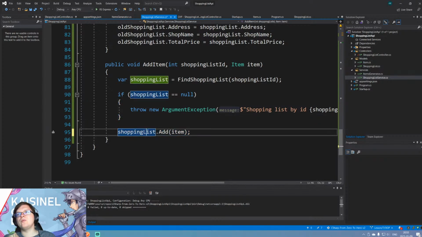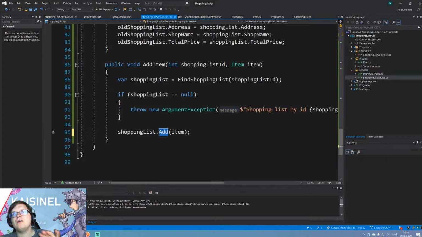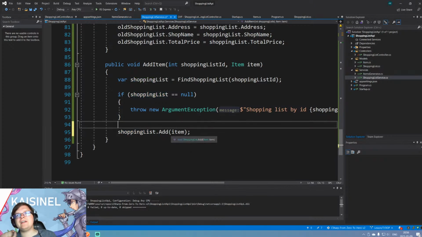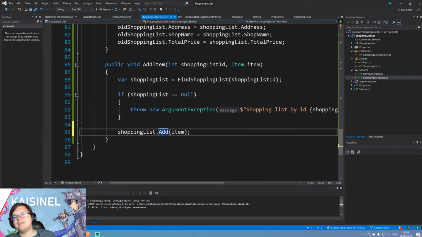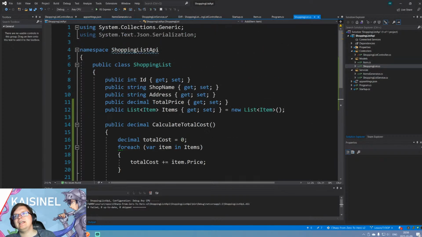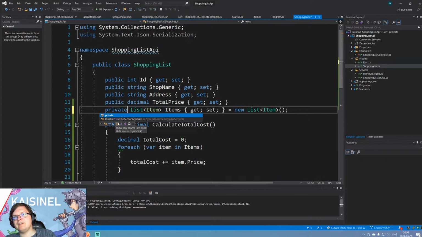Now I'm acting with the members of shopping list. There is a nice principle in object-oriented programming. It says talk only with your immediate friends. If I'm accessing a list and then an add method from a list, it's quite different than accessing it directly from a shopping list, because I can mess up. If the only thing I can do with a shopping list is to add an item, I should say so explicitly. And therefore, ideally, I should make this private